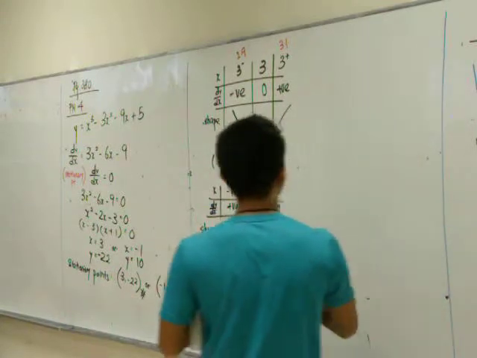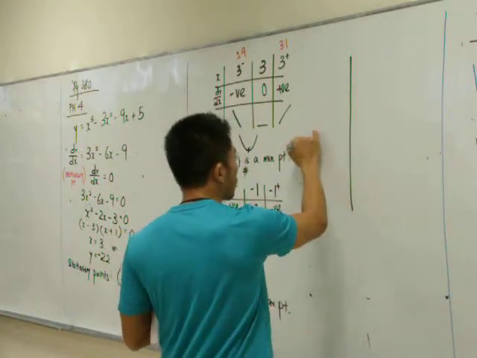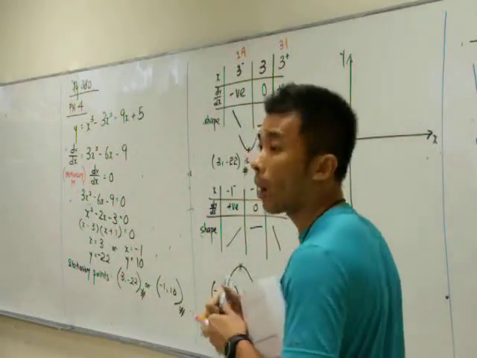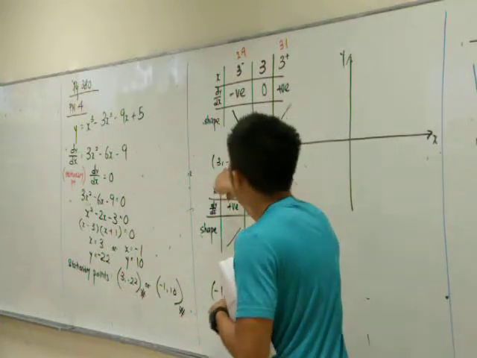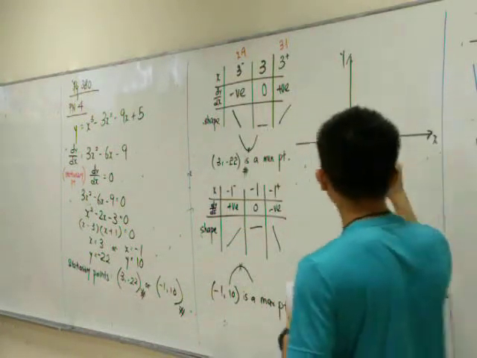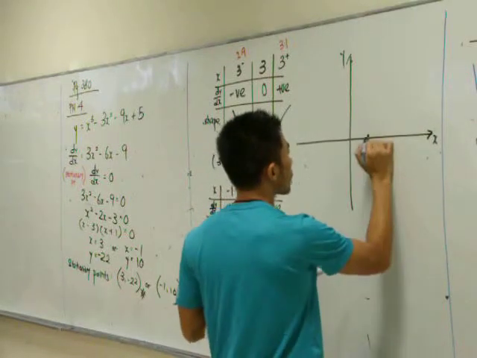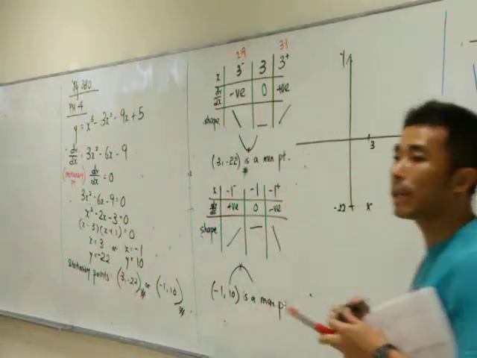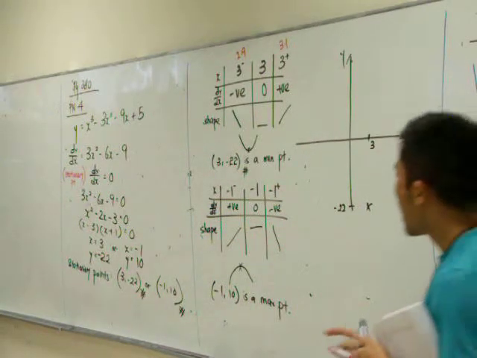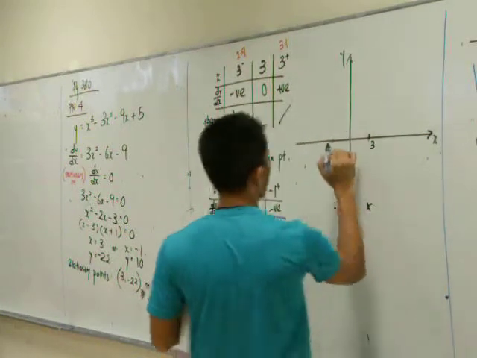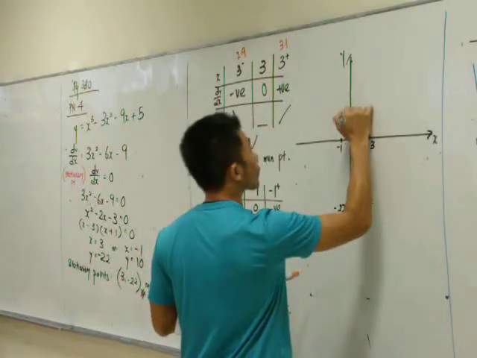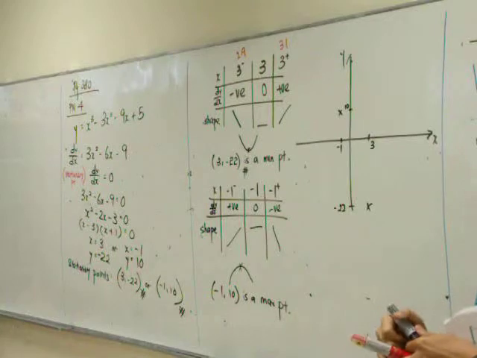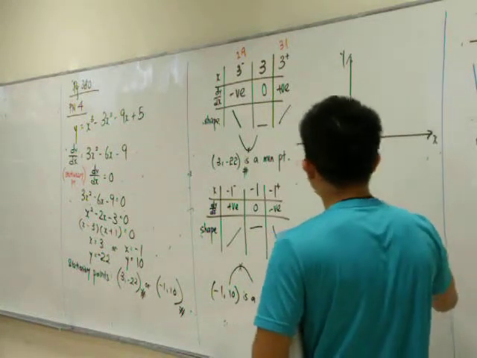We need to locate the point. I'm going to do it now. You'll do likewise for the next one later. You need to plot the points. First thing, 3, -22. Okay, I'll estimate roughly. 3, -22. This is where you have your minimum point. Agree? Next, -110. What will you have over here? Maximum point. This is the maximum point, this is the minimum point.